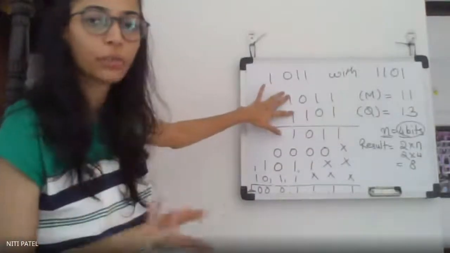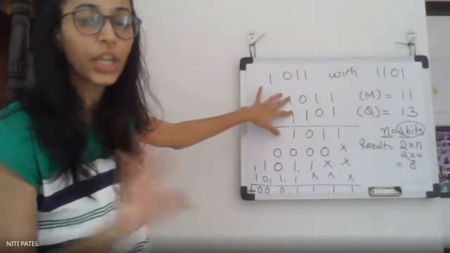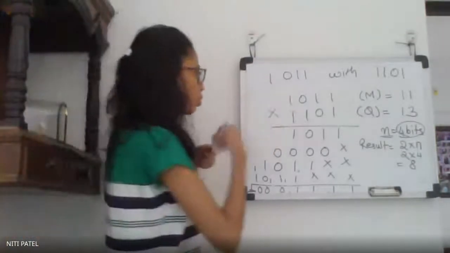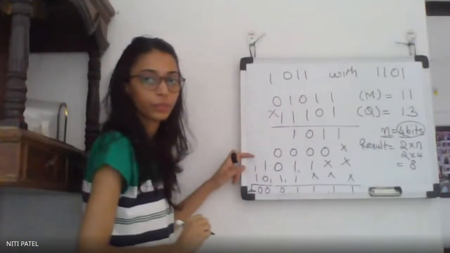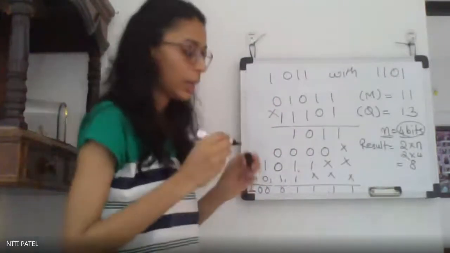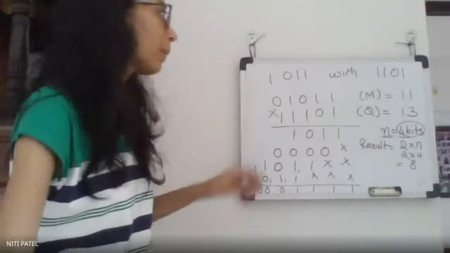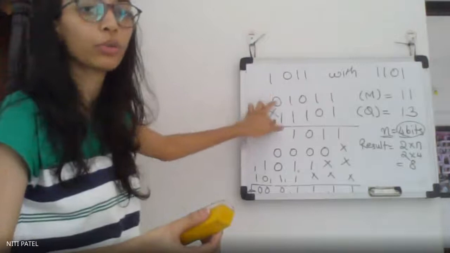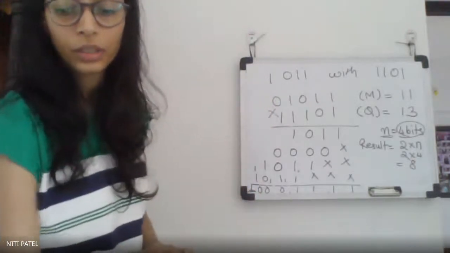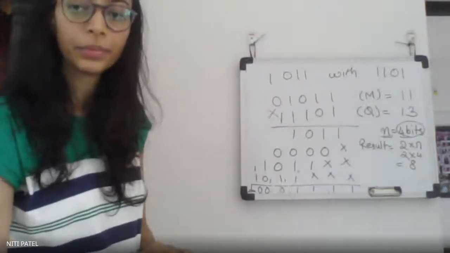Yes. Then what if the multiplier and multiplicand don't have the same number of digits? Both the numbers will always have the same number of digits. If it is not so, what we are supposed to assume is, if suppose you have 11101 over here, you have to take 0 over here for the multiplication. But mostly it will not happen. Even if there is such a question, for the previous bit or for the multiplicand, you have to append 0. Is this clear?